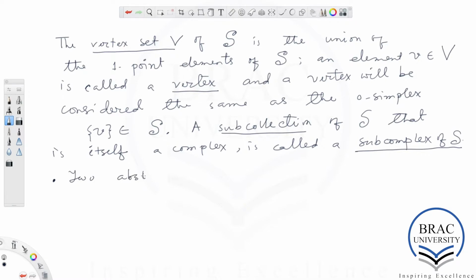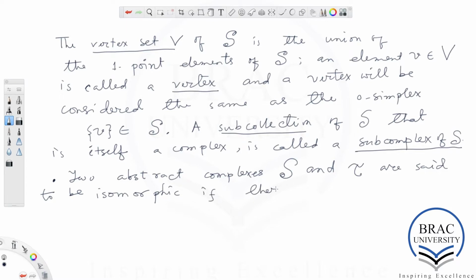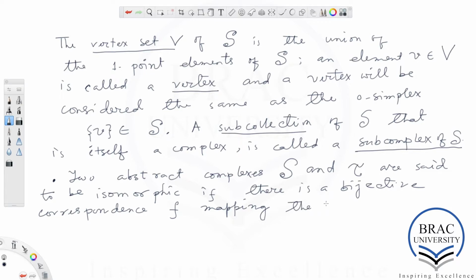Two abstract complexes S and tau are said to be isomorphic if there is a bijective correspondence f mapping the vertex set of S to that of tau, such that